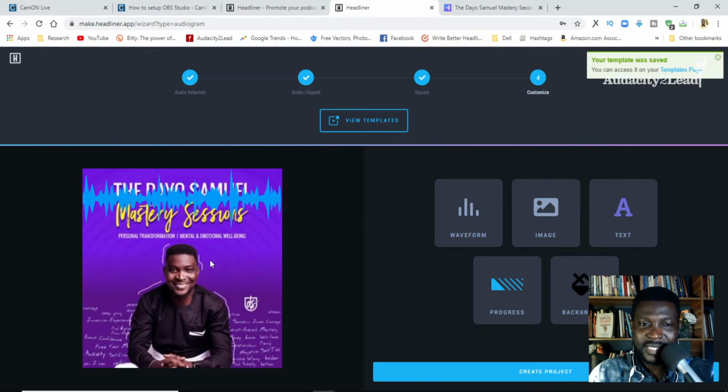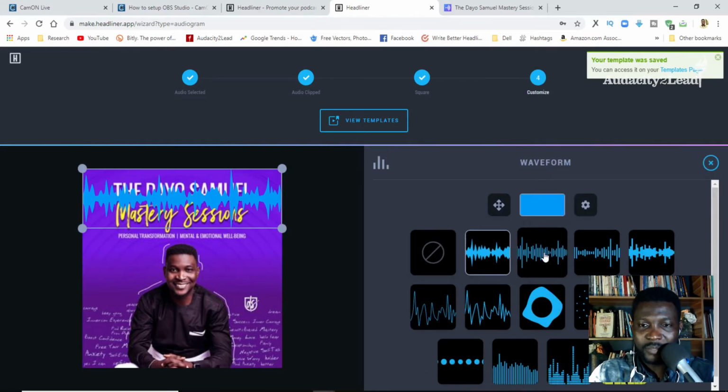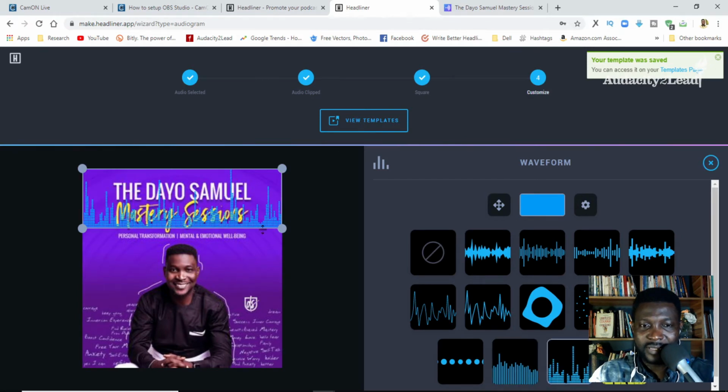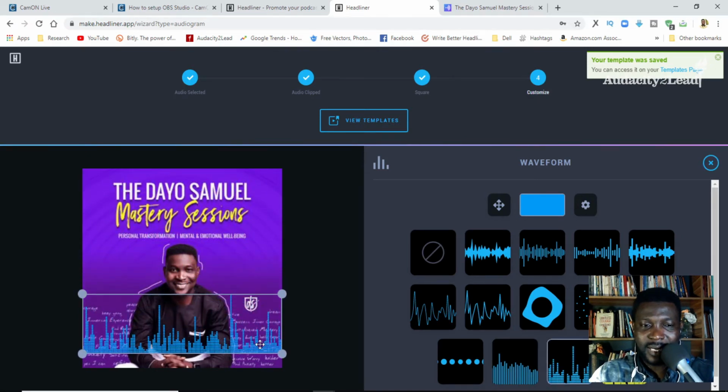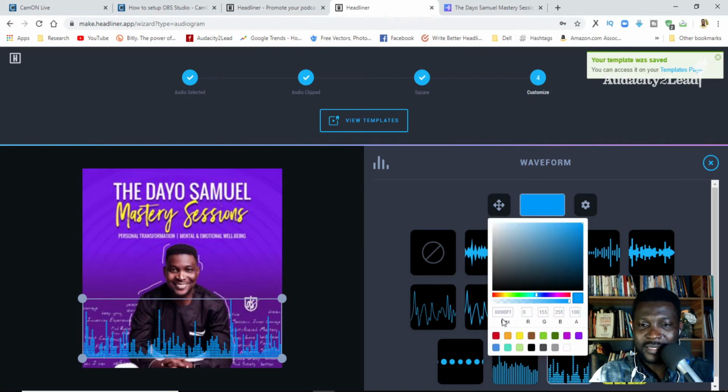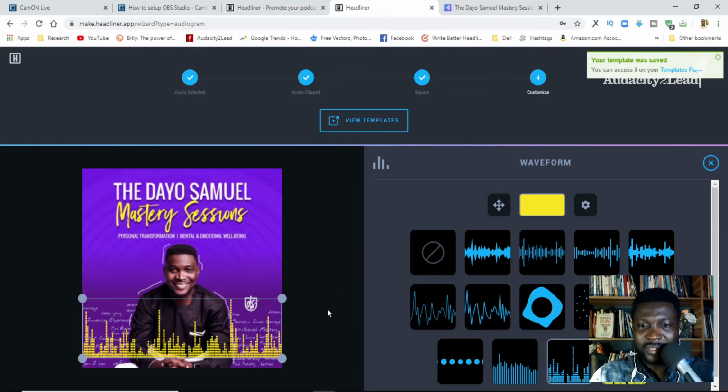And then you can see this is the audio here now. This is the waveform here now. Now for the waveform, I can choose a different type. So here you can have this or you can have this. And this, I simply move it down here. And then for color, I can simply change the color. So I'm going to select the color here. And you can see that is the color right there. So that's that for the waveform.